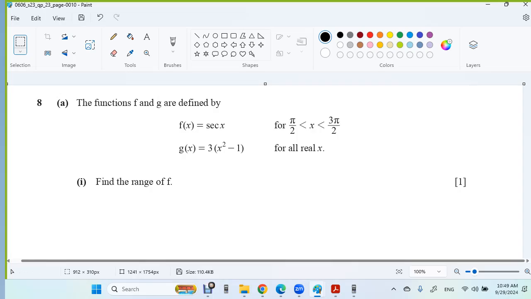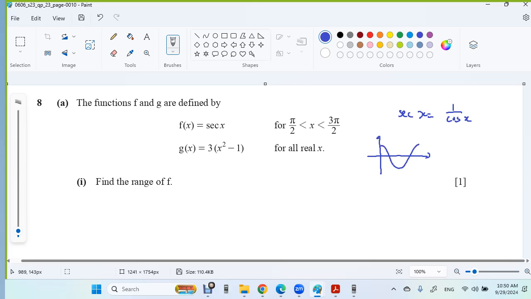Question number 8a. Functions f and g are defined by f(x) equal to secant x for x between pi over 2 and 3 pi over 2. So we know that secant is actually 1 over cos. So secant x is 1 over cos x. So cos x, the graph is like this. So pi over 2 is this, 3 pi over 2 is this. When we have 1 over this,